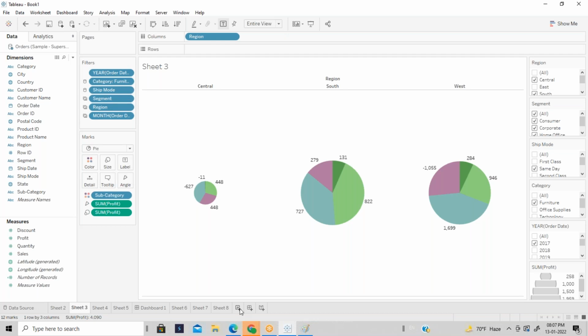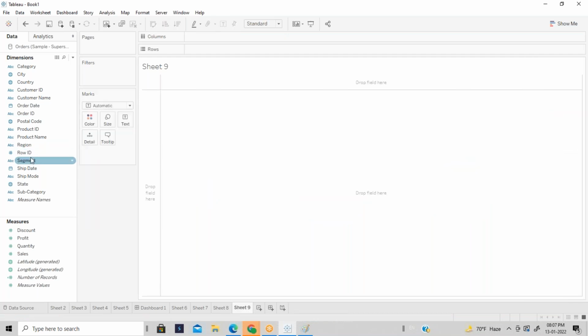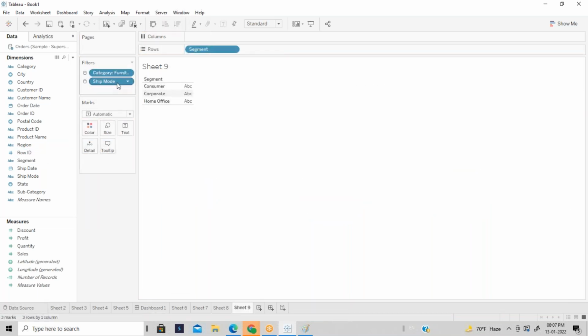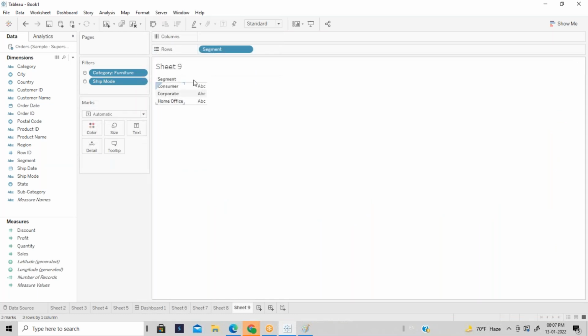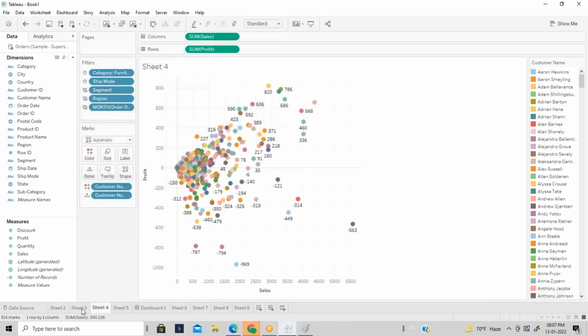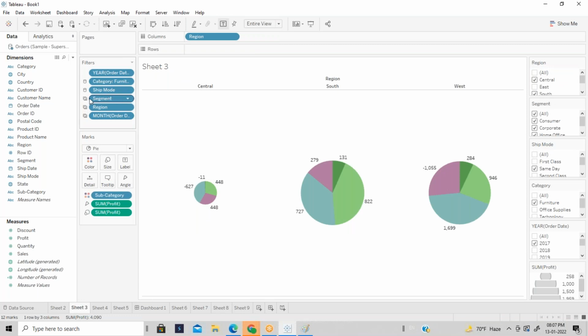Because again, if you try to create a new report, guys, I'm just trying to create a new report here. See, automatically the new filters are also applied to the worksheet if you select it as a data source.